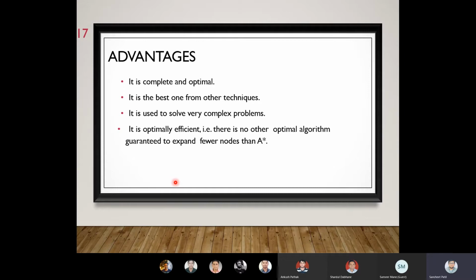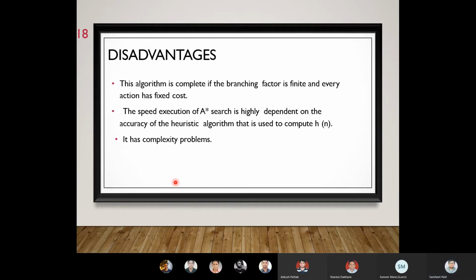Nowadays, many animation techniques use this A star algorithm. Many animation developers use this A star algorithm technique to develop their animations.